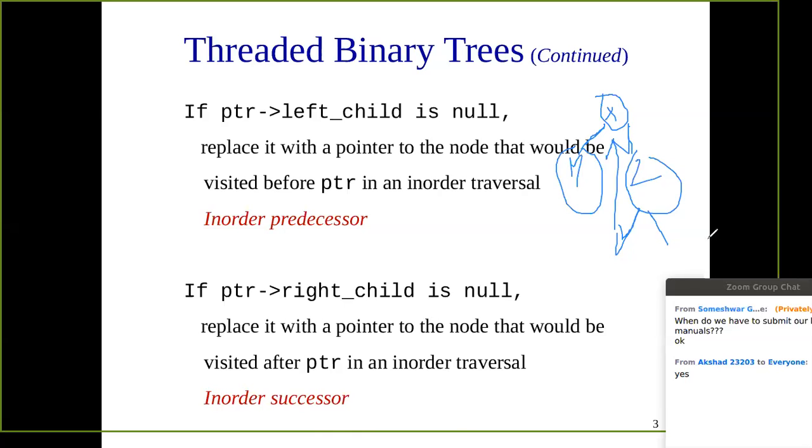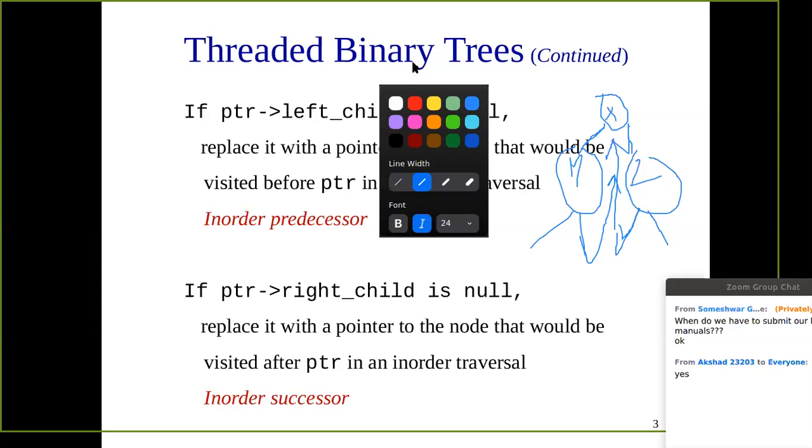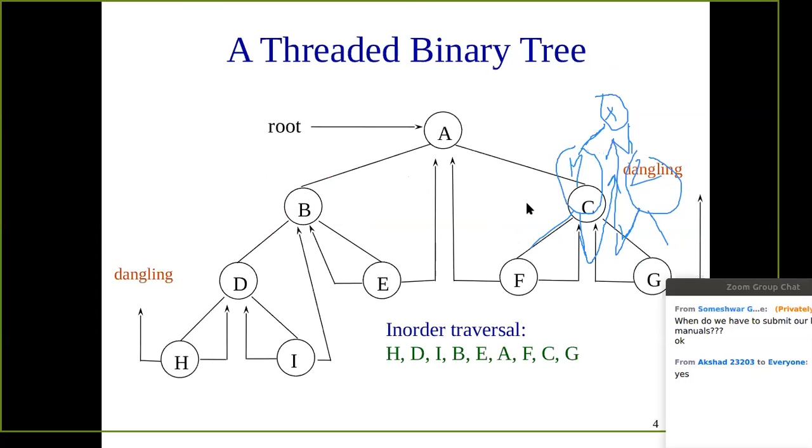And similarly, again consider this is the left link, this is the right link, both are null. So if we are having the pointer pointing right equal to null, that is if we are having the right link as null, that will be assigned to the in order successor, like this. So in a simple sense, whenever we are having a null link, if we are having the left null link, that will be assigned to the in order predecessor. If we are having the right null link, that will be assigned to the in order successor. So simple, we can see here with the help of an example. So suppose this is the example.